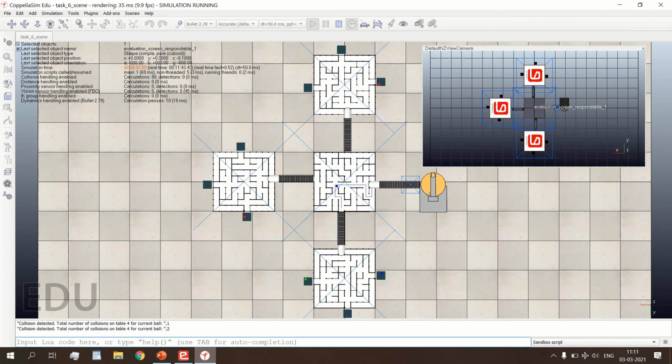Now the ball will travel and be dropped on belt number 1 so that it can reach table number 1. So we will wait for that. Yes, the ball has been dropped successfully on belt number 1, and now it is dropped on table number 1. As we have seen, the collection box assigned was 1, so a blue colored path has been drawn from the entry point of table number 1 to the exit point of collection box number 1.